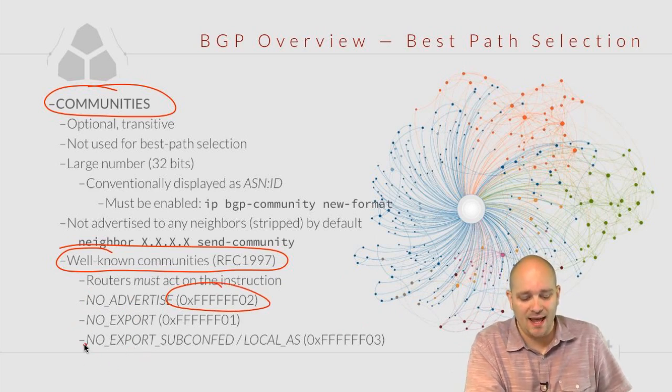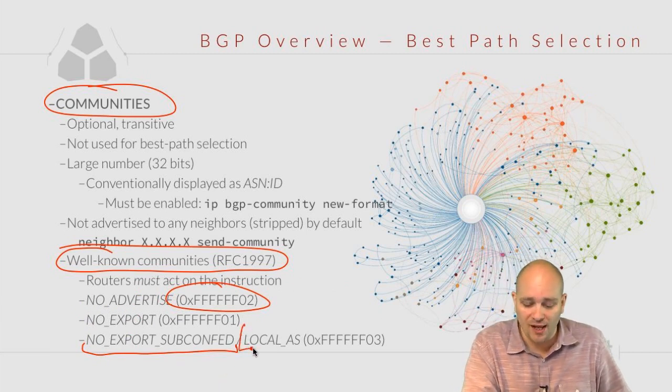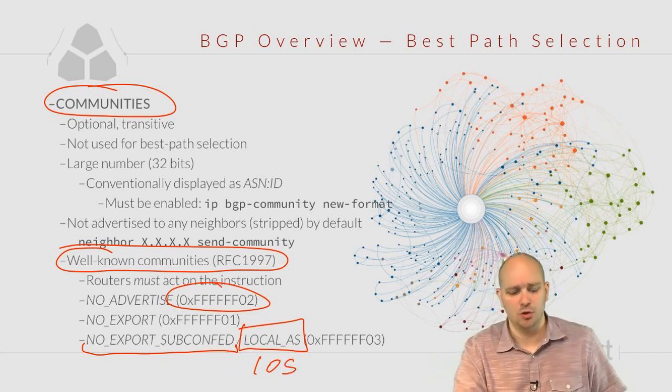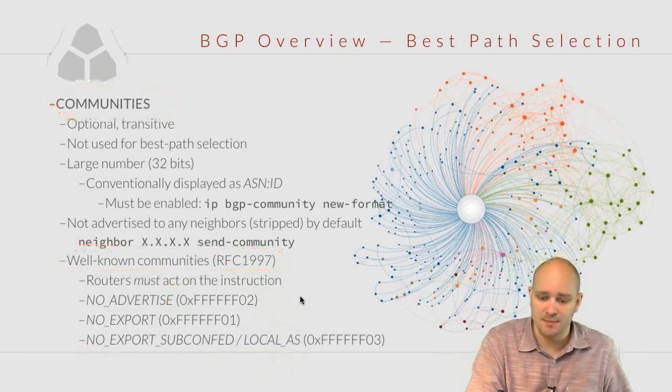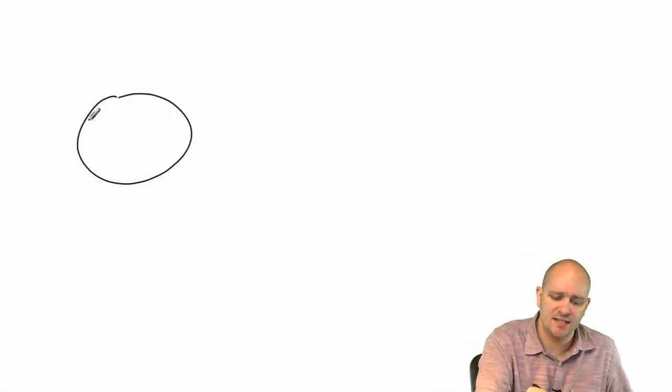No export, and what RFC calls no export subconfederation, or as iOS calls it, local AS community. So what do these three do? Let me start with the simplest one to explain. No advertise. If the router has in its own